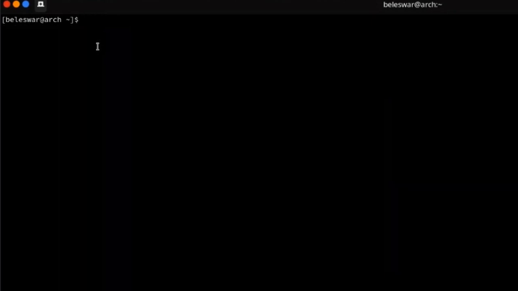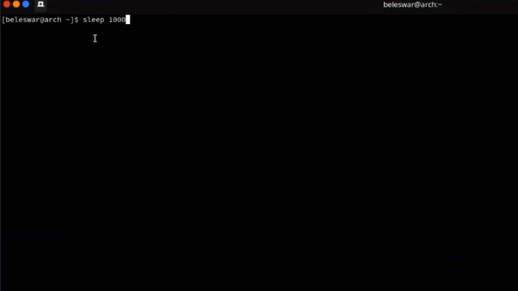If you want to put a command to run in background, you just type the command, and at the end you append the ampersand character. This ampersand character tells it to run this particular command in the background, not in the foreground. For foreground, for example, I just do sleep 1000. It's a command that stops this process for 1000 seconds. You can see it's running in the foreground. To exit out of it, you press Control C, and to run it in the background, you append